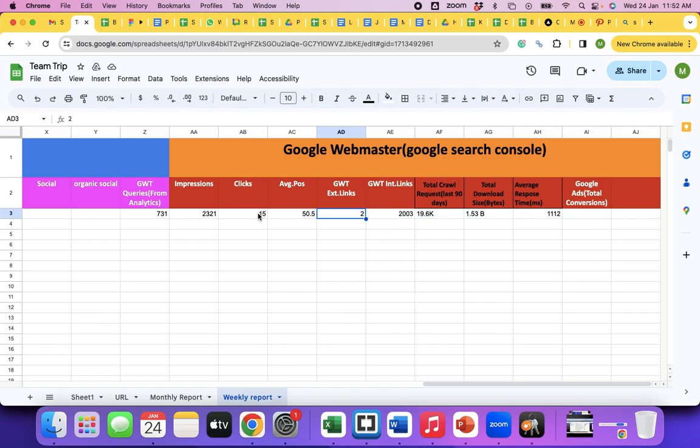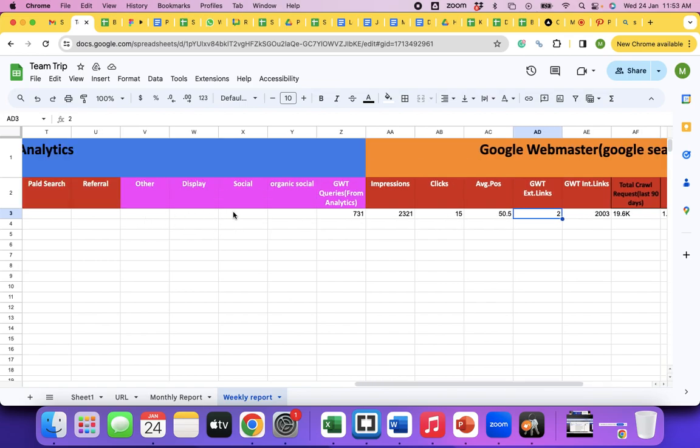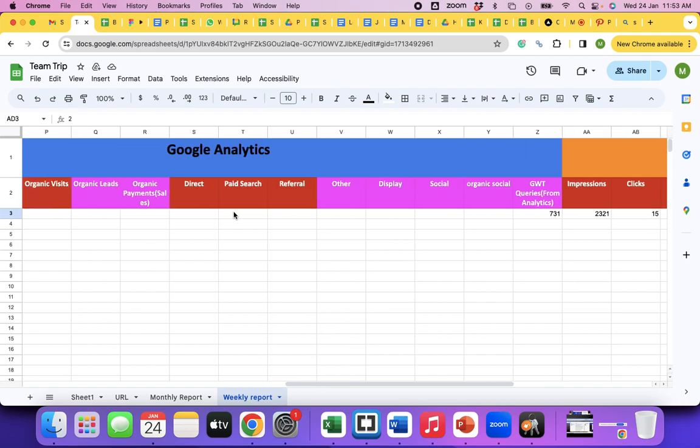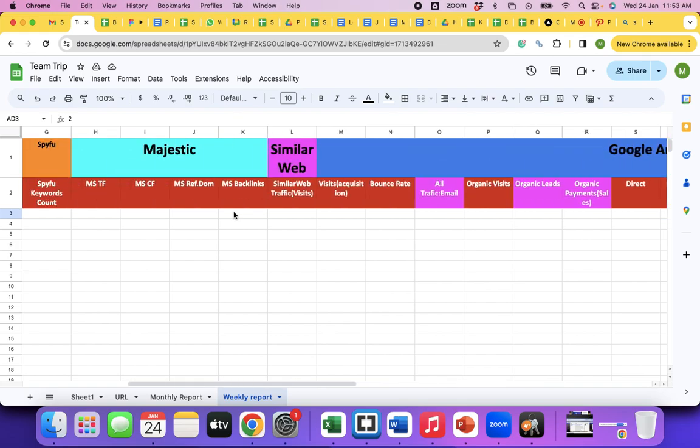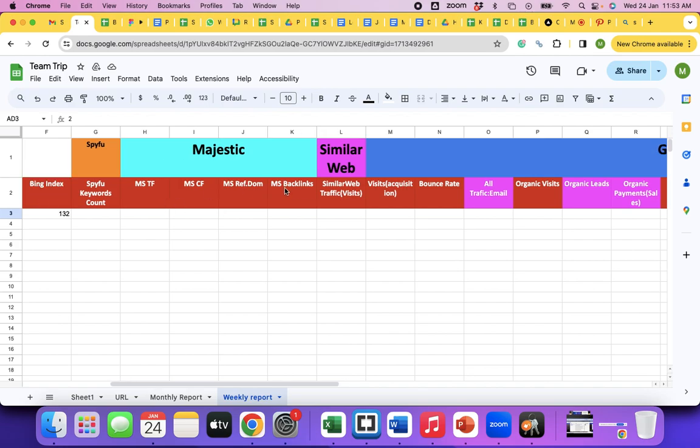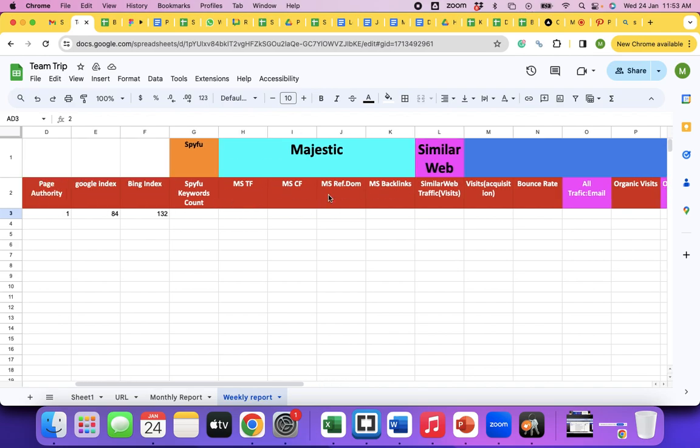Okay. And one more thing: Google Webmaster or Google Analytics are the accounts for your website and you will have access to them. Why will a competitor give access to Search Console or Analytics to you? Correct? Yes. And still, if you want to know how their traffic is going on, how many links they have, you might have to use tools like SimilarWeb, Majestic SEO, SpyFu. Okay, SpyFu tells for how many keywords a website is ranking.